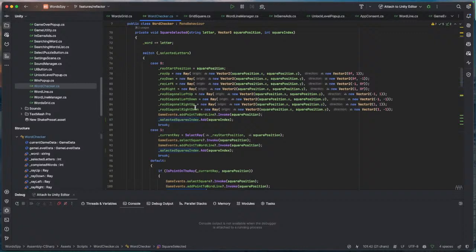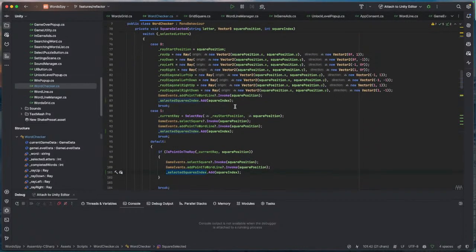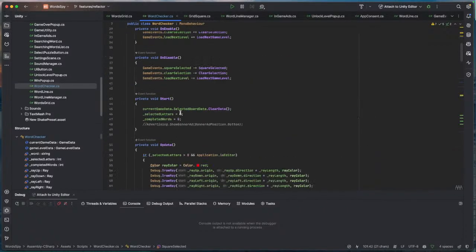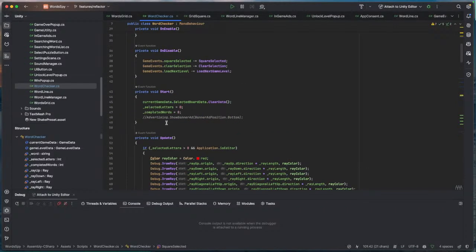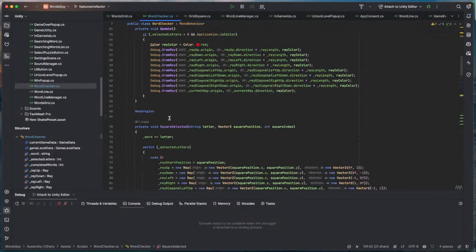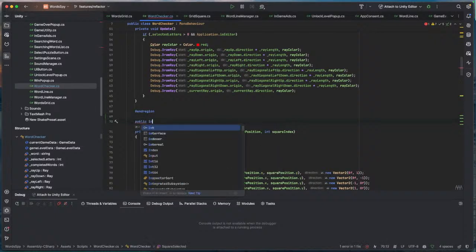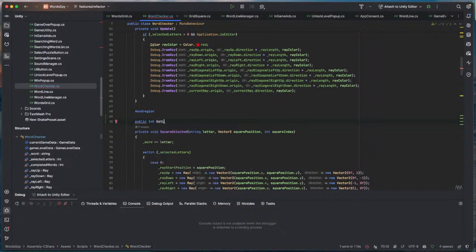It's going to be refactored later, but I want to have something that works right now and then worry about the restructuring and refactoring of code later. So I'm currently adding the square index to this list. What I need now is a way to request the last selected index from this list. In order to do that, I will probably create a separate function, which will be public. Int get last